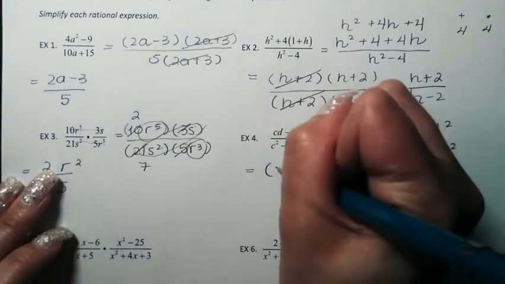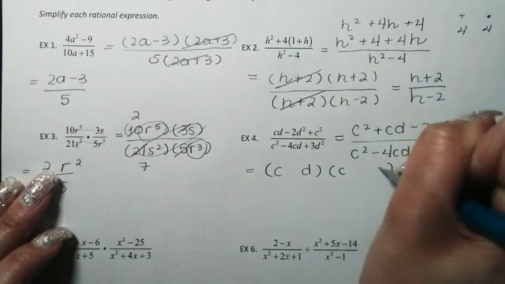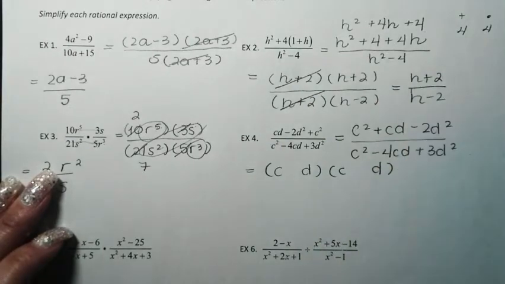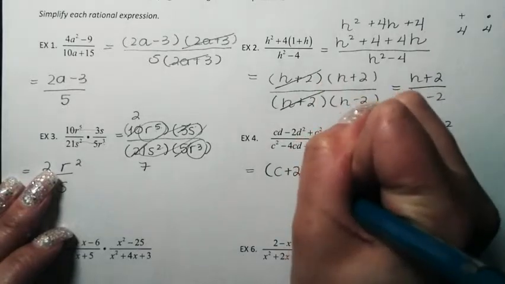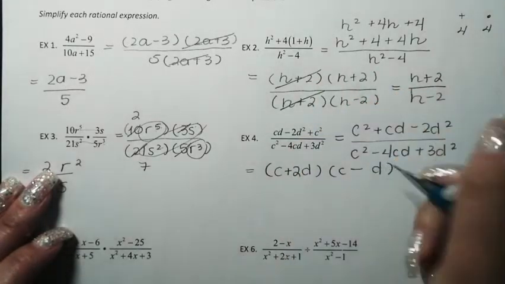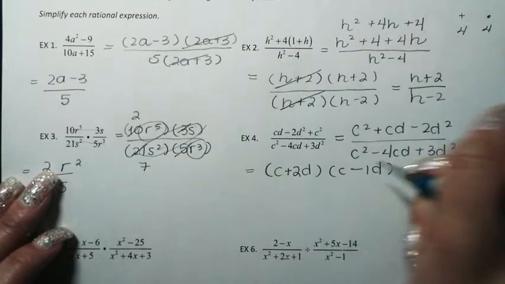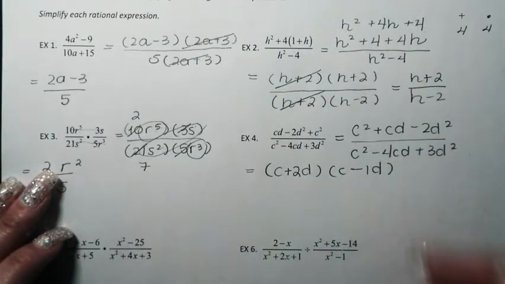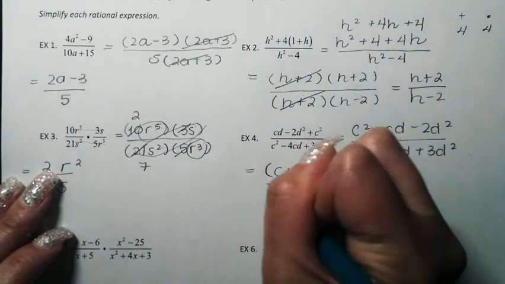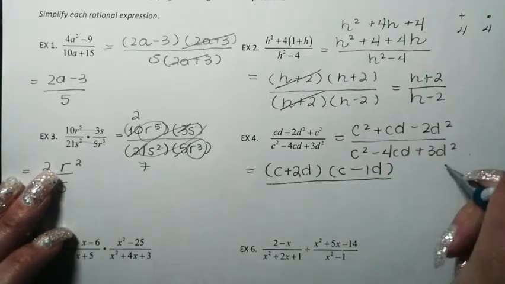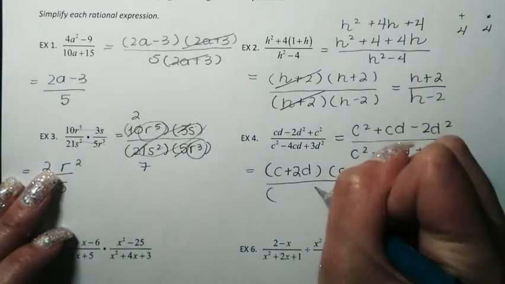Okay, so you have the C and the D here, and you know that those numbers are going to be positive 2 and negative 1. You could put the 1 there, but you don't need it. So now for the denominator, again, you have a situation where we can